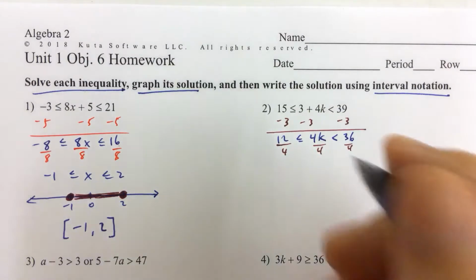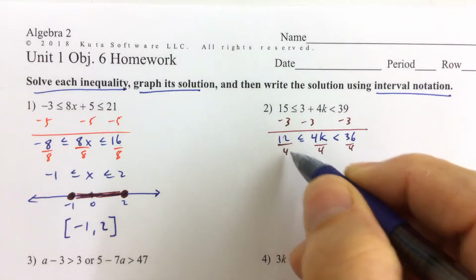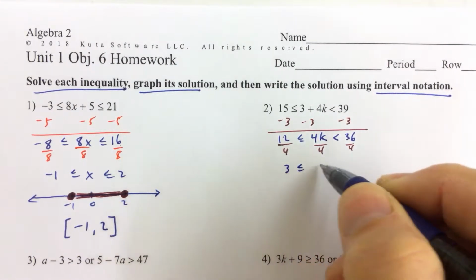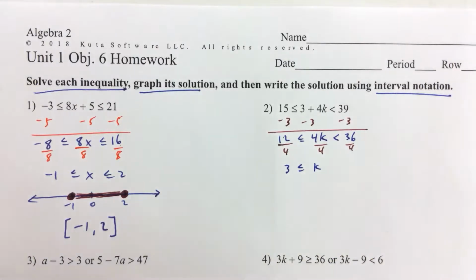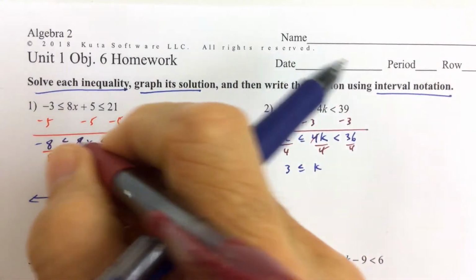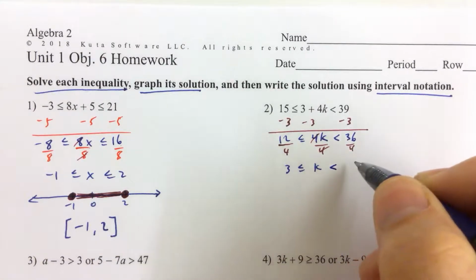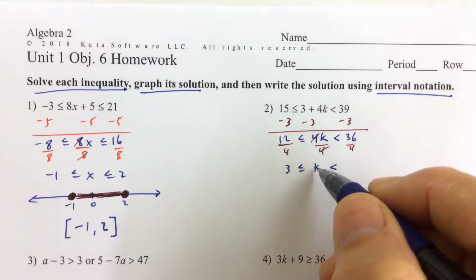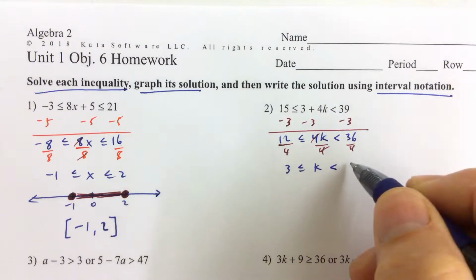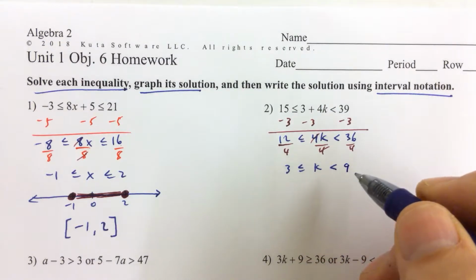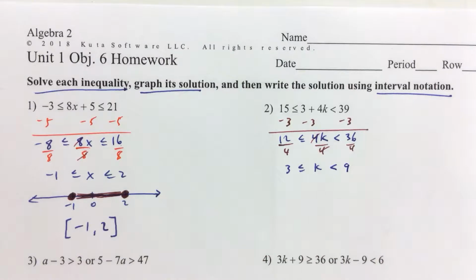We see on the left-hand side of the inequality notation, 12 divided by 4 is 3, less than or equal to k, because the 4's cancel. I didn't do that in the last problem there. The 4's cancel there, we get k, and then we also get that, so we have k is greater than or equal to 3 and less than 9, and using our